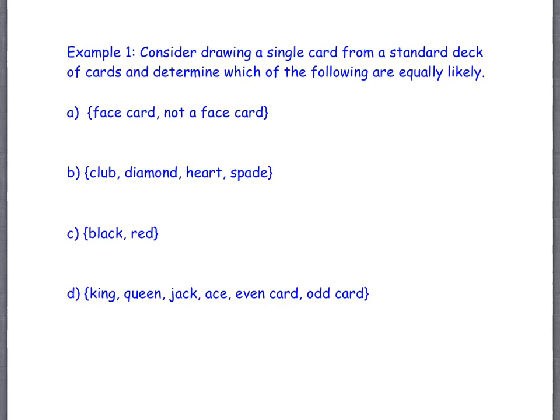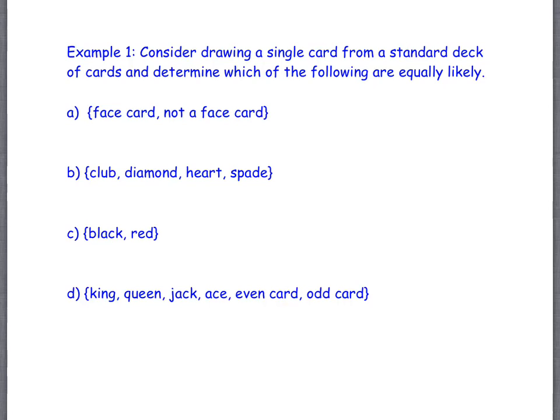All right, we've got a single card that we're going to select from a standard deck of cards, 52 cards, right? And we're going to determine which of the following are equally likely. Now, if we're only asked whether they're equally likely, we're not actually asked to find the probabilities. But we're going to justify why we're making the statement that they are or they are not equally likely. Does that make sense? So it's sort of inherent in how the problem is asked that we have to at least assess what the probability is, or at least what it could reasonably look like.